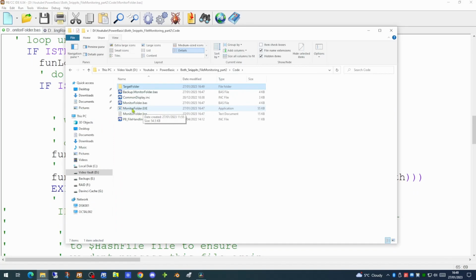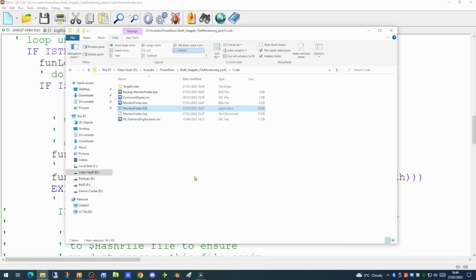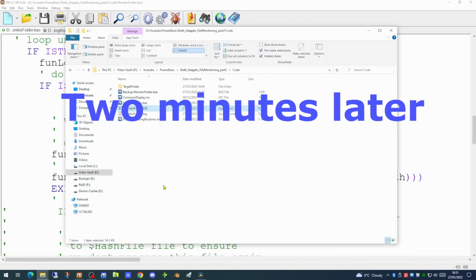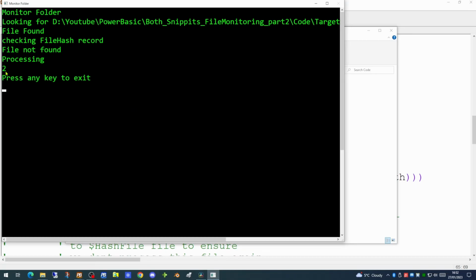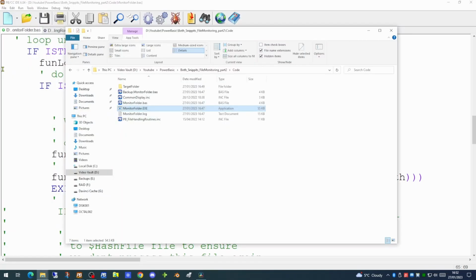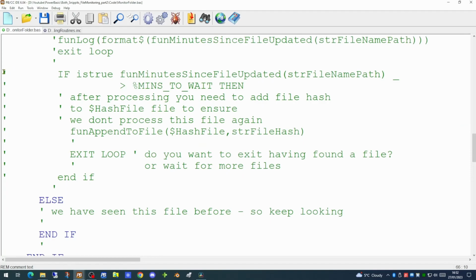If we look at the details of the file, we will see it has just been created just now. So if we run our application once more, it's saying the last processed is 0, so it's less than a minute. So we will wait a few moments and we will run the application again to see if it picks up the time is 1 or 2 minutes. And here we are a couple minutes further on in time. Let's run the application again now. And it's telling us that the file was created 2 minutes ago. So now that we've proved that our new function is returning the number of minutes since the file was last updated, let's take those 2 lines of code out and we will comment back in our main processing.